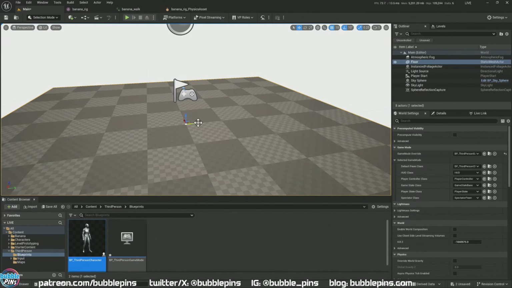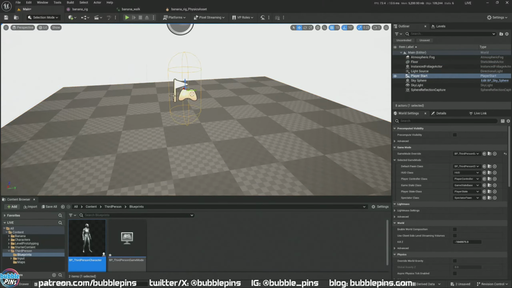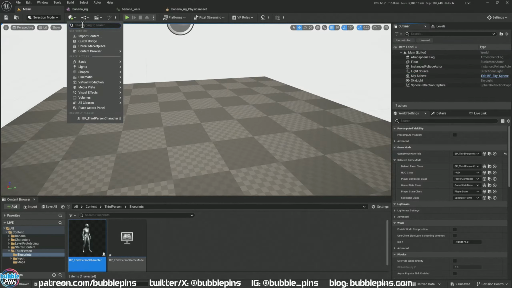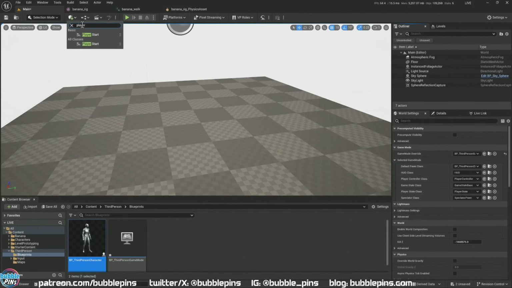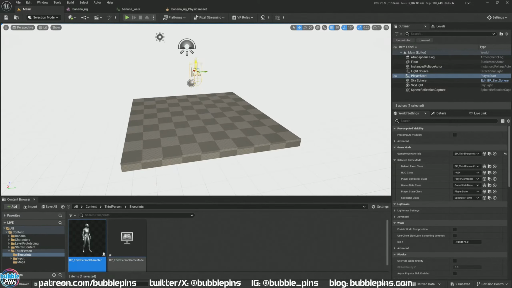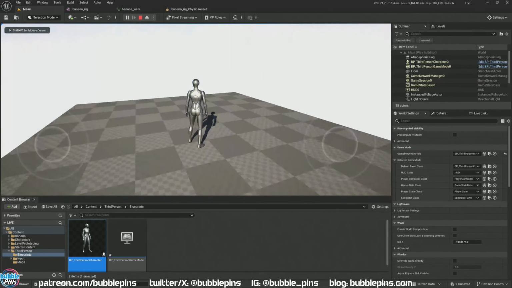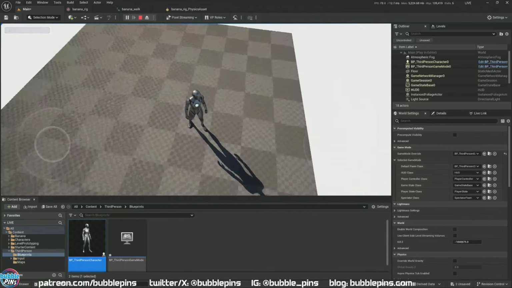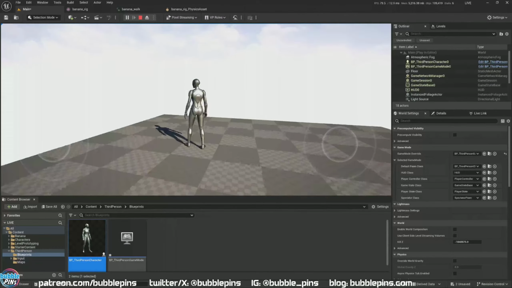The player start is what defines where the player will begin. So if you don't already have this in your level, so I'm just going to delete it. You come here and you can actually search for this player start and just click and drag this onto your viewport. Now I'm just going to drag this up. This will define where the character starts in the game. Okay. You can see that he drops from the top